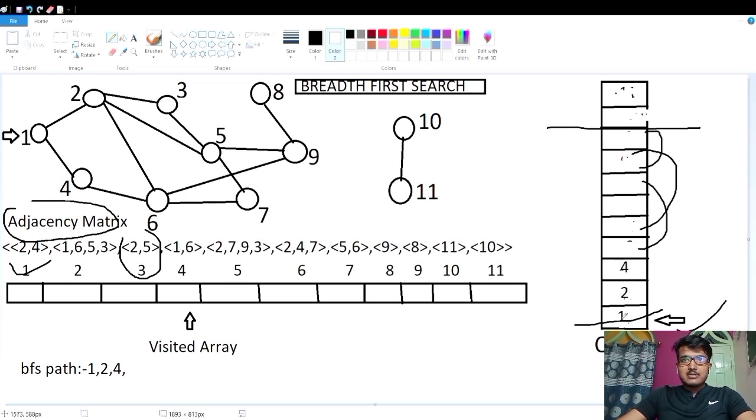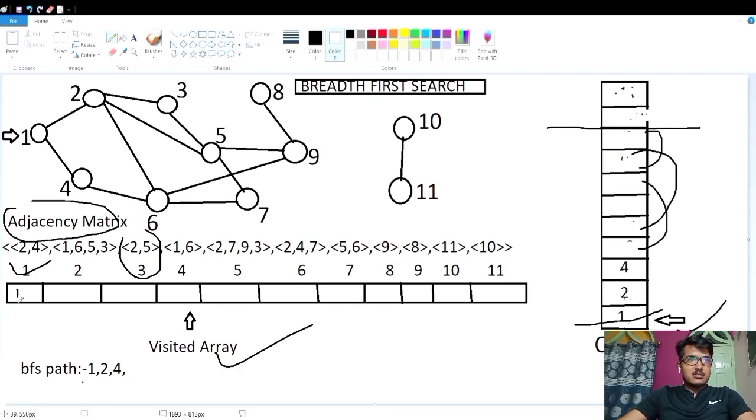According to the queue data structure property, if you pop out an element, it will pop out the first element, that is the node where we started, the first node. So the first will be popped out, and we'll go to the second and traverse from the second node. One more thing you have to do is make a visited array like this. The 1st node, 2nd node, and 4th node are already visited.